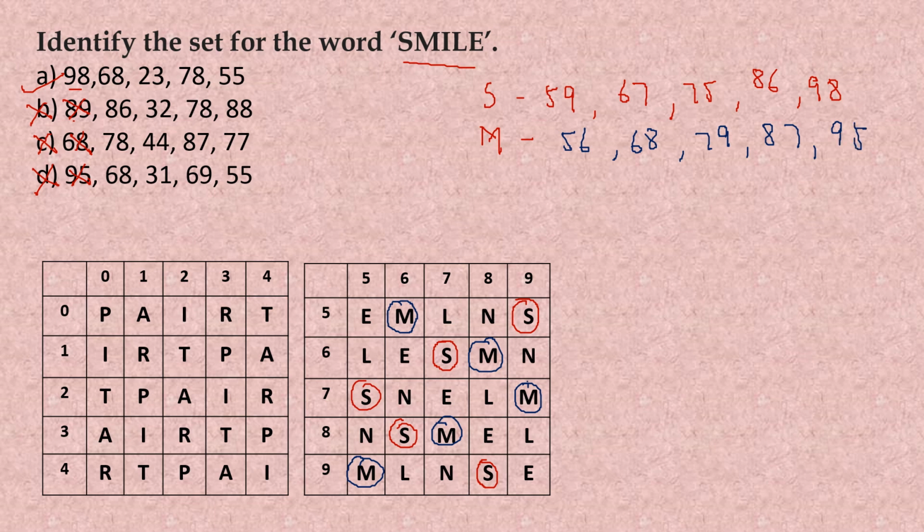Now you have to be careful that we need not check with all the four values. We can simply check with the numbers that we are left with here in order to confirm that option A is the correct answer. So for M it's given 68. We know 68 is present here, so that means 68 is correct. Then for I it should be 23. So I corresponds to row number 2 and column number 3, so that is also correct. L is 78. L row number 7, column number 8, so that gives us L78. So that is also correct. And for E it is 55. Yes, it is correct. So that means option A is the correct answer for this particular question.